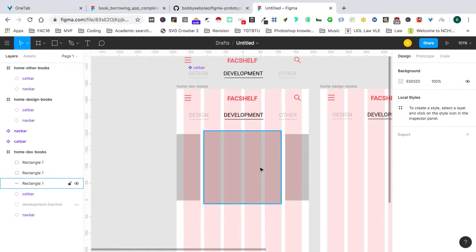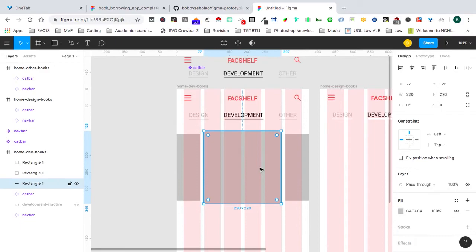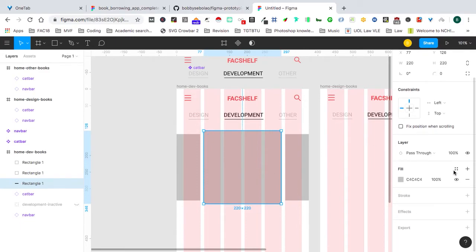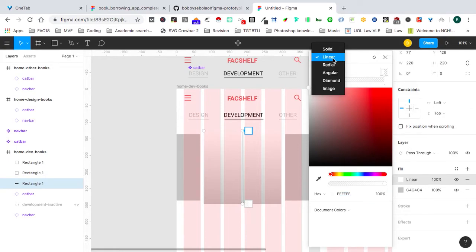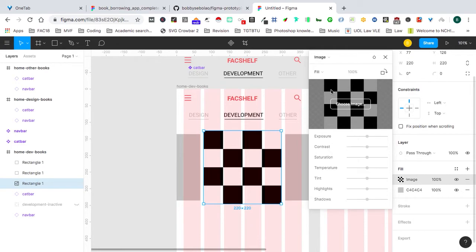Okay, so to add an image, we can click on the shape. If we go to the fill section, at the moment we see it's got a grey background fill. We can leave that there, but we can click the plus button to add a new fill. And if we click on the fill type, you'll see by default it's linear. But if we open up this color selection panel, at the top we can change the fill type from linear to image. And then we can choose an image,